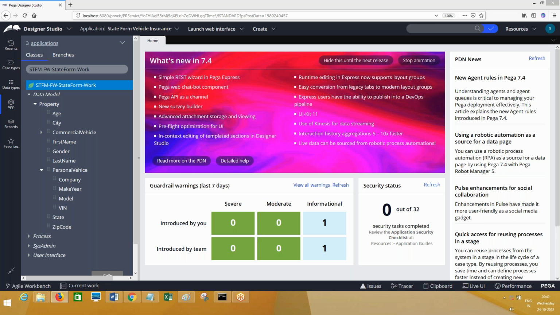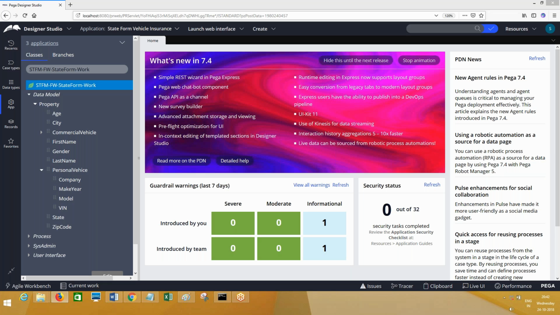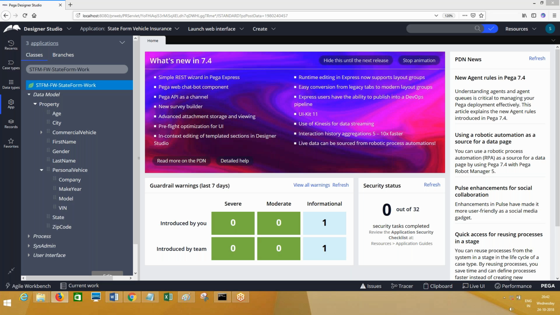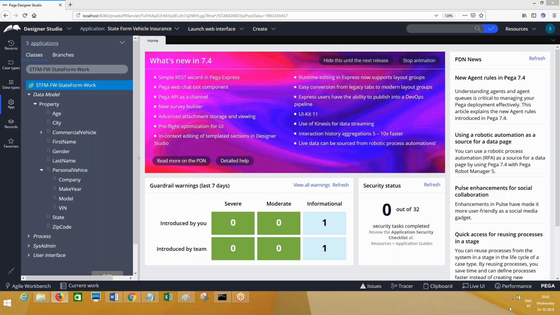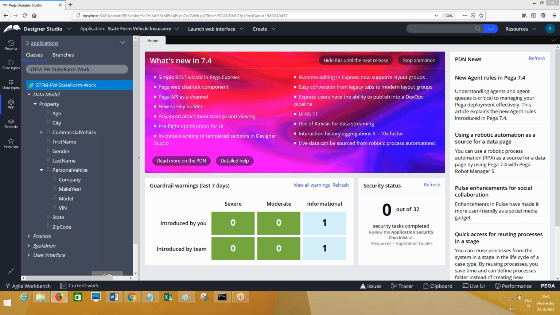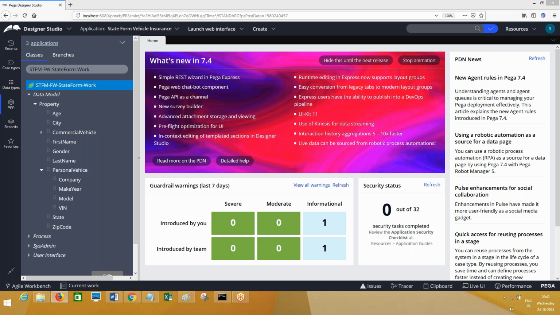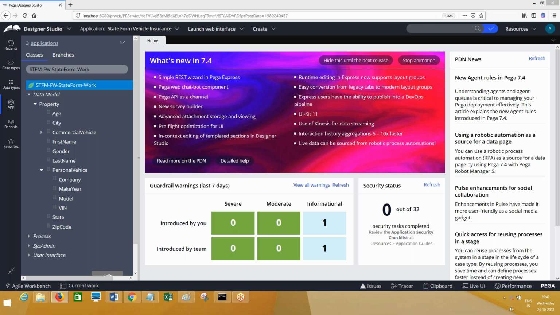Adding into the UI, I am asking for one more layout. I will tell you now how to add a new layout. In this requirement, these are new properties, but the previous two properties, is brand new vehicle and prior insurance, are again part of personal vehicle only. So look at how to implement this.